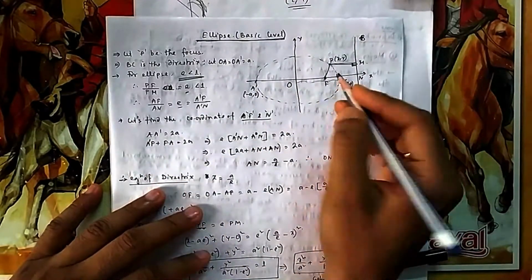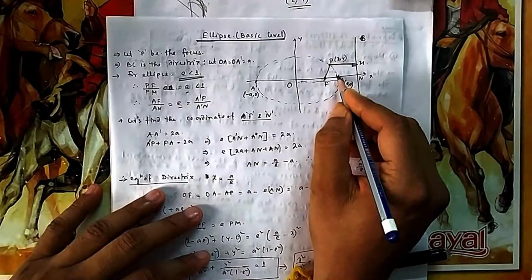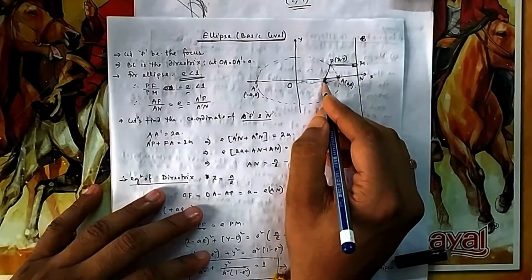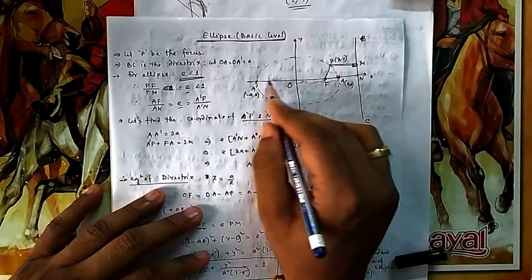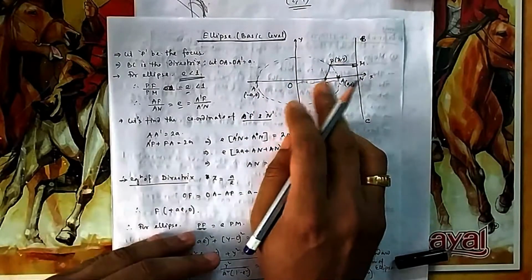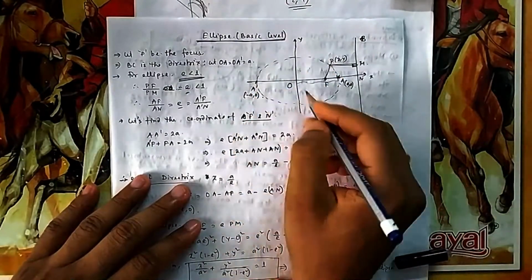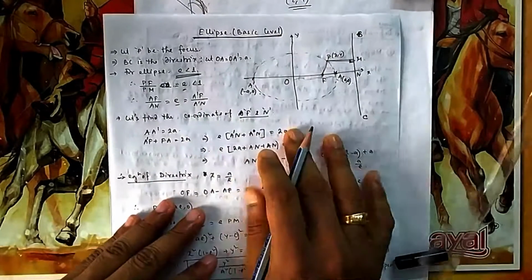Suppose it is half, suppose it is 0.5, so this by this is half. You can see half of this one is this one, half of this one is this one, and half of AN should be equal to A dash N. My figure is not that symmetric, but as of now you can understand. Okay, if this is a point on the conic, that relation should hold.